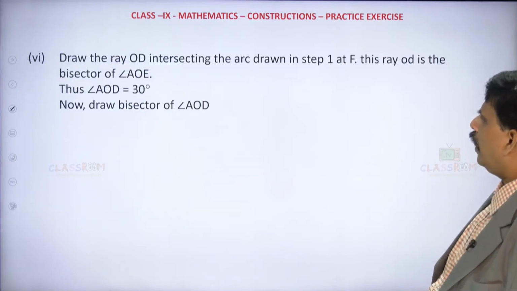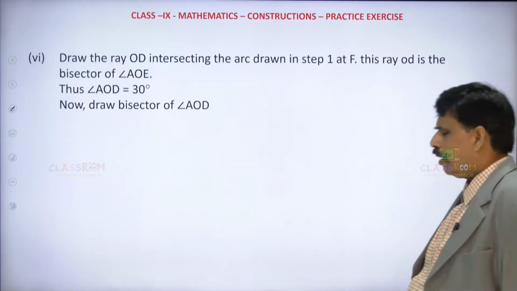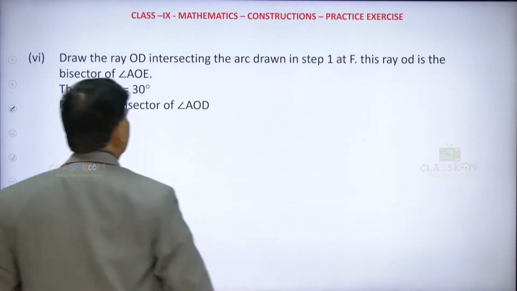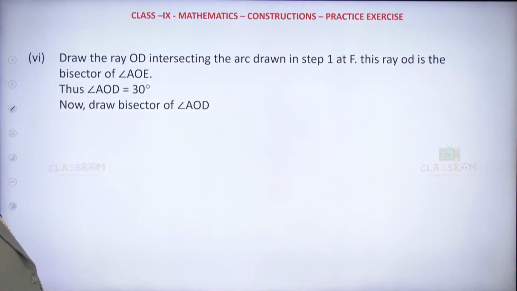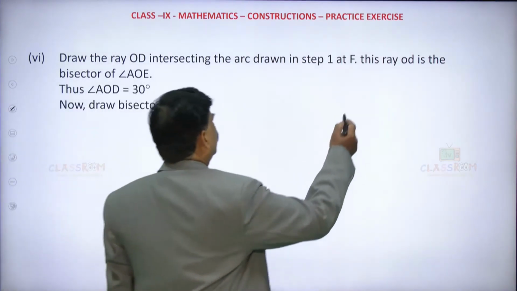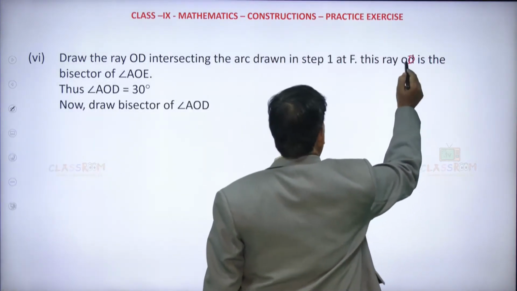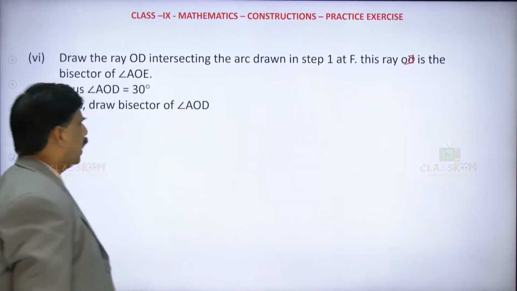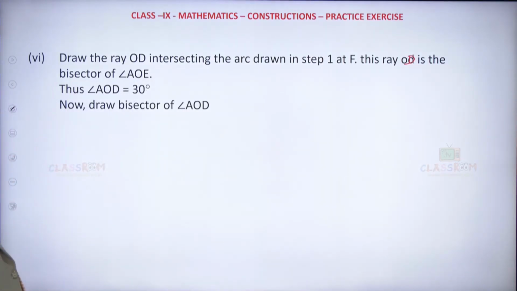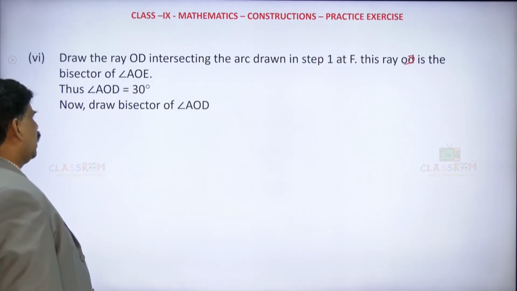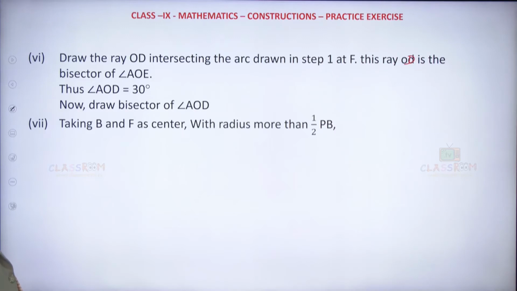So now draw the ray OD intersecting the arc drawn in step 1 at F. This ray OD is the bisector of angle AOE. Thus angle AOD is 30 degrees, and now draw the bisector of angle AOD,